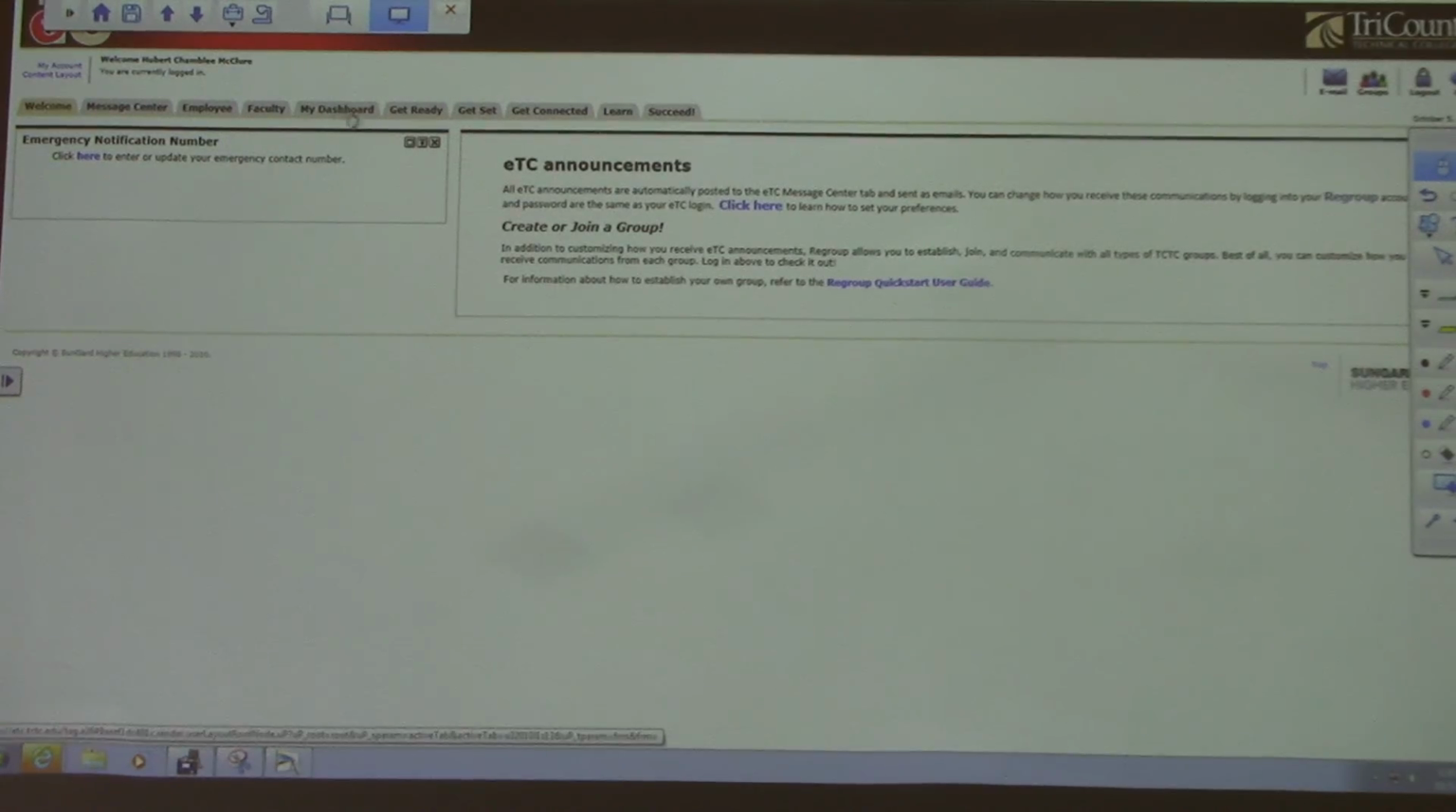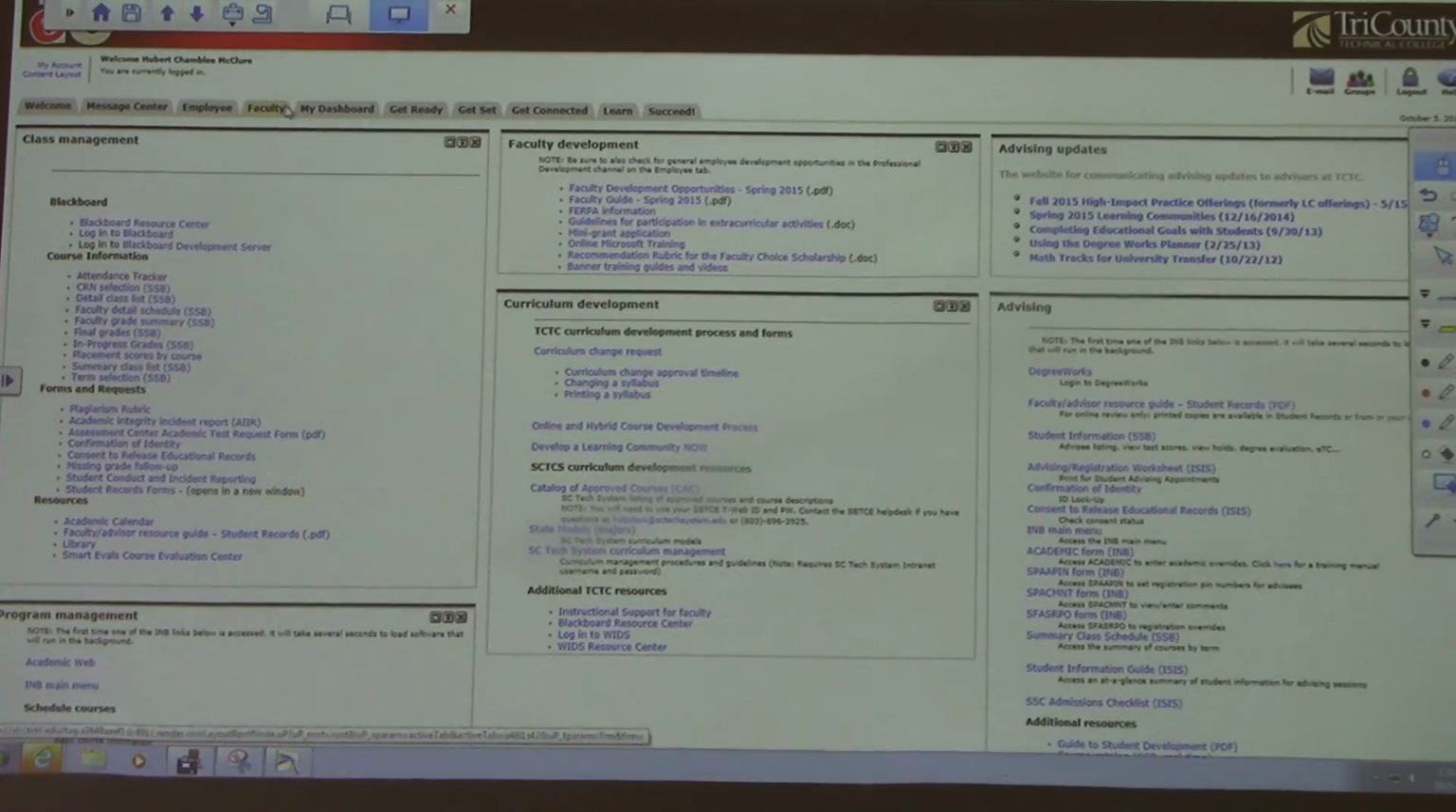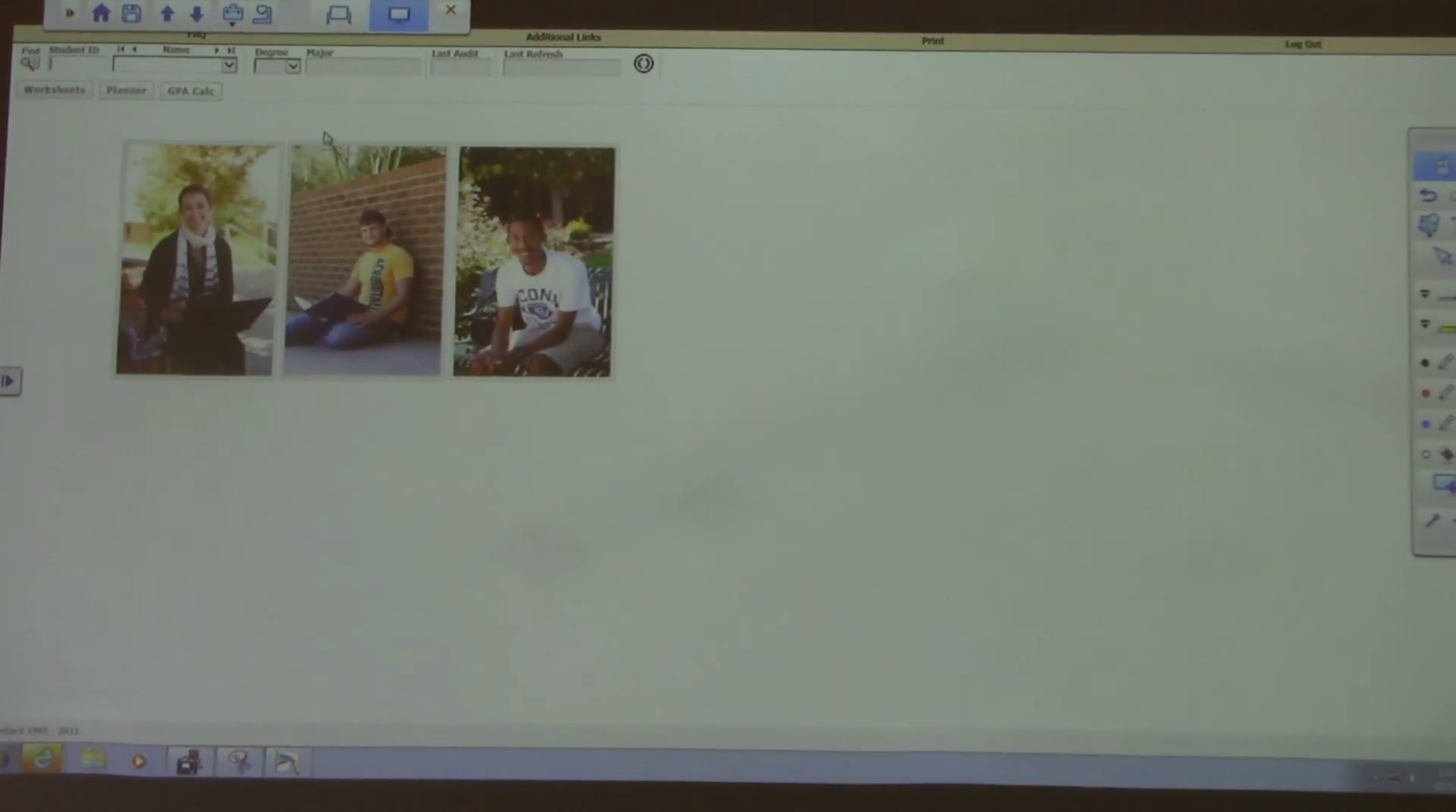You know your T number? Yeah. Okay, hold on a second. Let me get there. Click on Degree Works, and you don't have to type in. What's your T number? 00 00 23